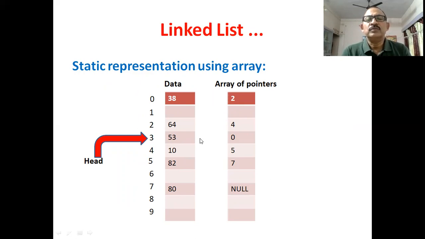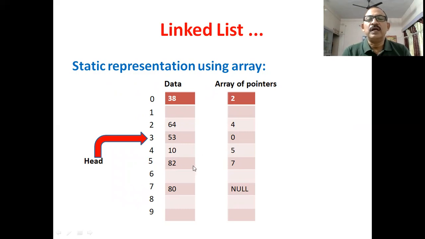The next node is found at address 0, that is 38. The next node is at location 2, that is 64. The next node at location 4, that is 10. The next node at location 5, that is 82.